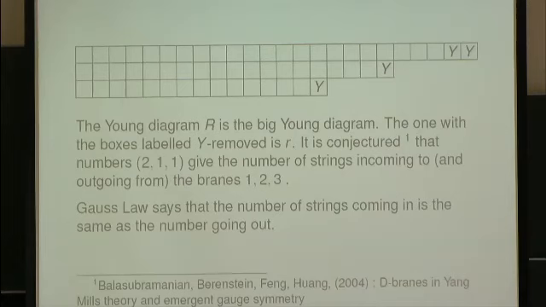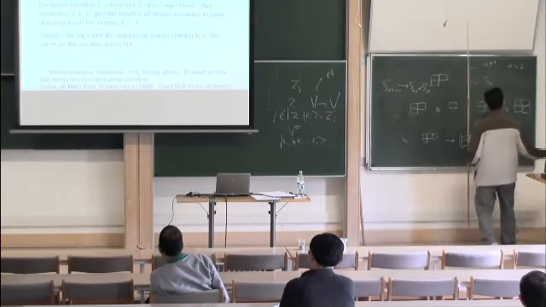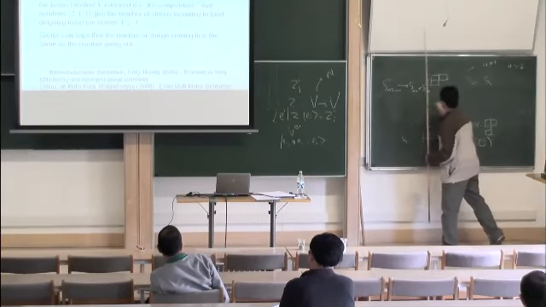What's the string theory interpretation of these numbers? So rather remarkably, this paper in 2004 made a clear conjecture that if you remove Young diagram boxes from a Young diagram, you ask what's the string theory interpretation of that, well, they proposed that those numbers 2,